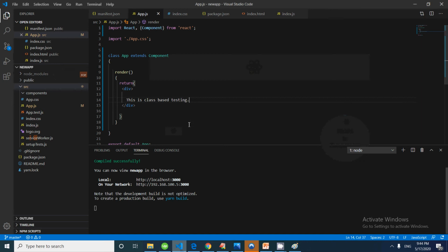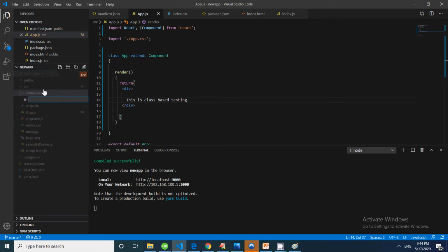We will first create a new component. Let us go to the components folder and create a new file, Parent.js. The first character in the name of the file should be a capital letter.